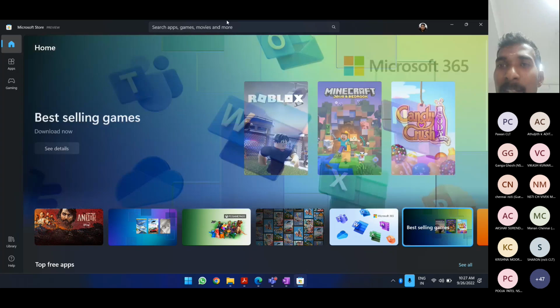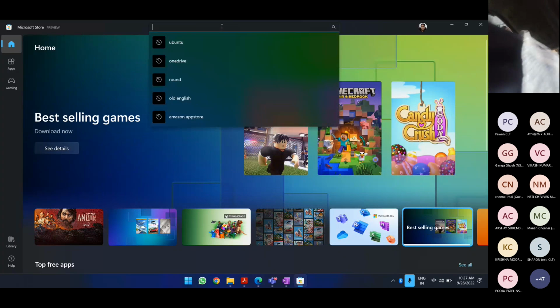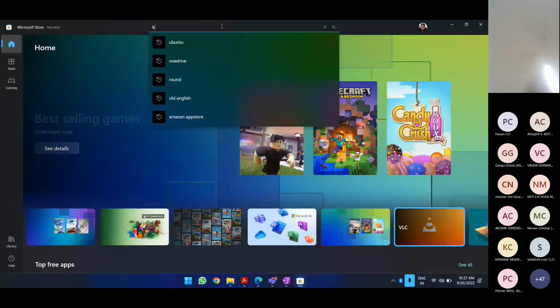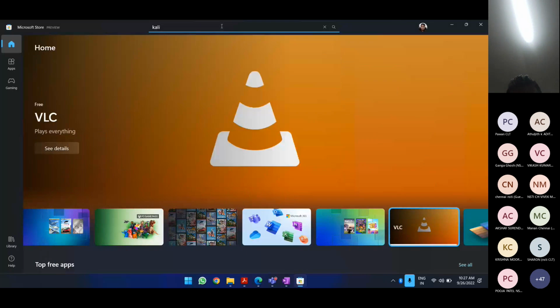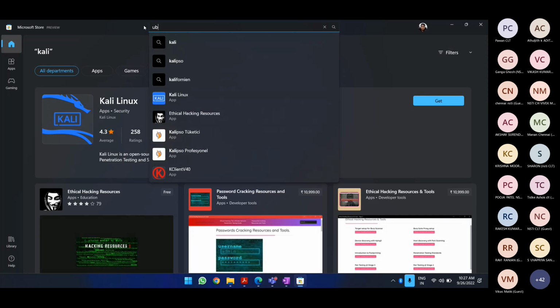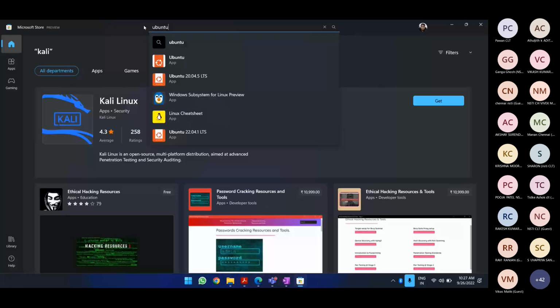And now once you have that, your computer really booted up, you can search for any of the Linux distributions. You can have Kali as well. You have Kali Linux, you can install it. But we would be more interested in having Ubuntu.